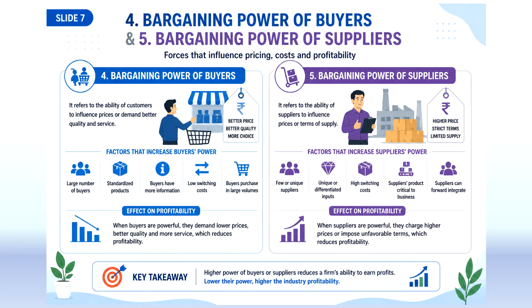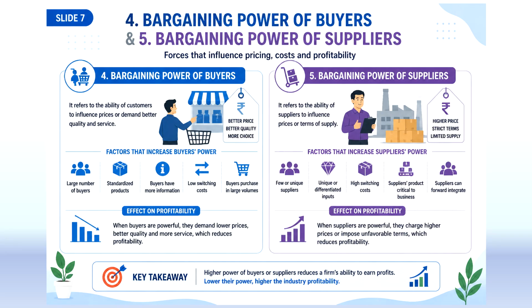Bargaining power of buyers and suppliers. Now let us look at the final two forces: bargaining power of buyers and bargaining power of suppliers. The bargaining power of buyers refers to the ability of customers to influence prices, demand better quality, or ask for additional services. When buyers have more choices and information, their power increases, forcing companies to reduce prices and improve